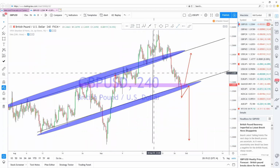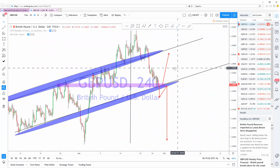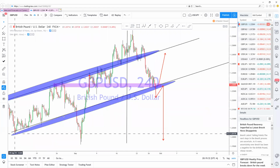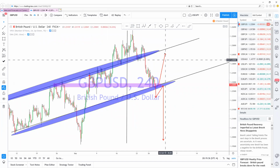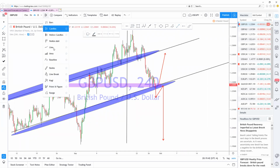Now, me personally, if you wanted to get a little bit more detail with it, you can. There's multiple ways that you can see this. When you're doing market structure, you guys need to understand, just because you don't have the same exact markup as me, if you have something somewhat similar to what I have, it's still valid. It's still very valid. So you could have easily, if you're that person, let's say you start on that 4-hour time frame,